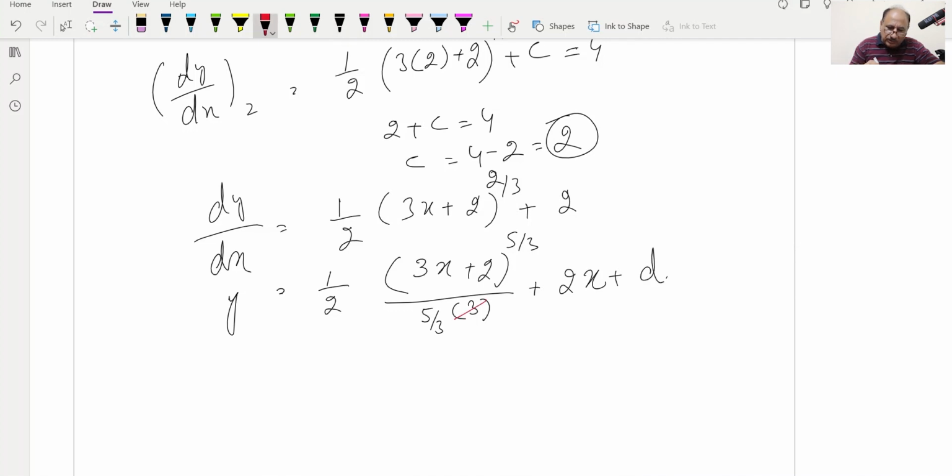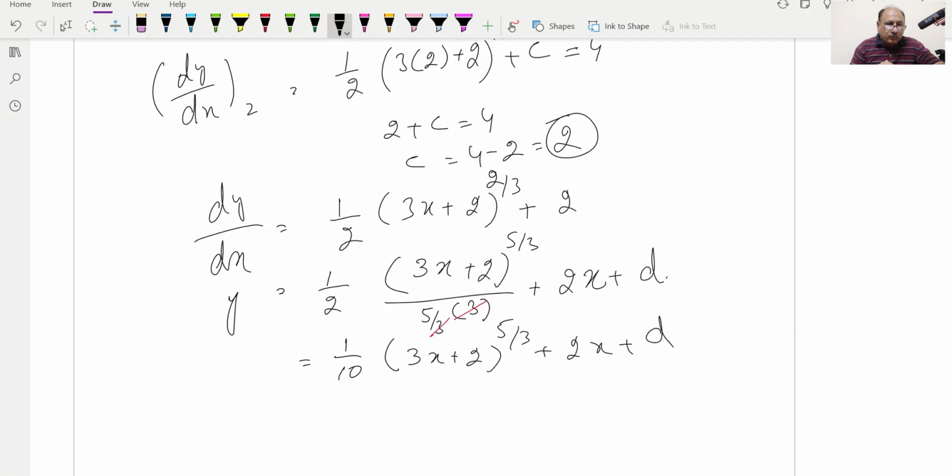Now we can cancel this 3 with this one, and our equation will be 1 by 10 into (3x plus 2) raised to the power 5 by 3 plus 2x